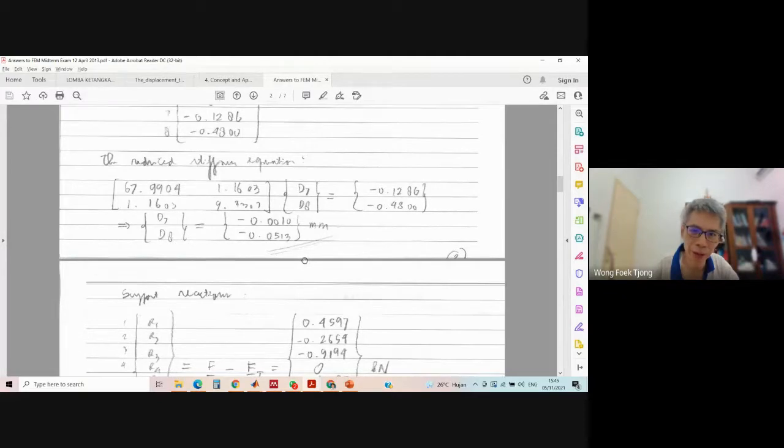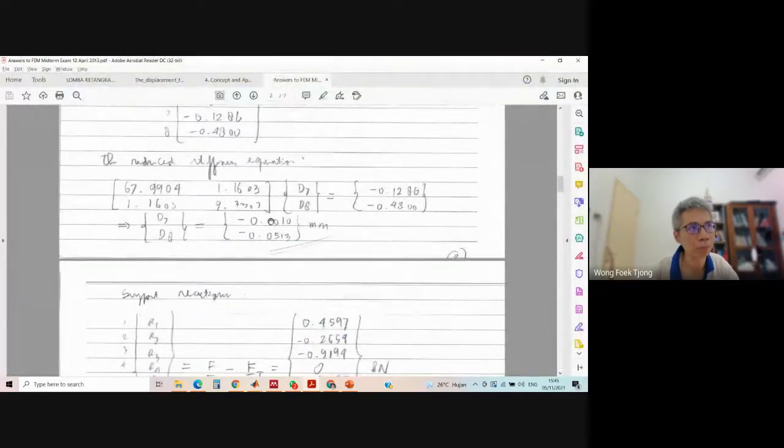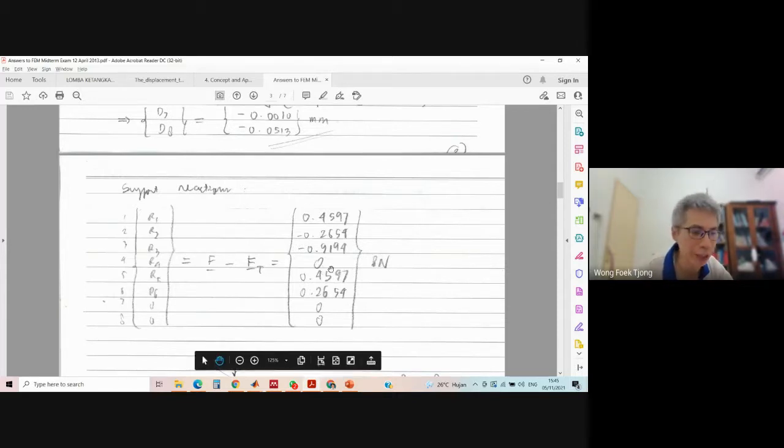But how about other questions? Support reactions, yes. From the DSM-P is straightforward because we also can solve for this one, right? Reactions immediately, unlike in the DSM-A, where later we can solve the reaction later, right? But here, immediate. That's, I think, the advantage of the DSM-P. Straightforward. But the disadvantage is the stiffness matrix is too large for manual computation. So I use MATLAB here, okay? For the reason that the matrix is too large for manual computation.